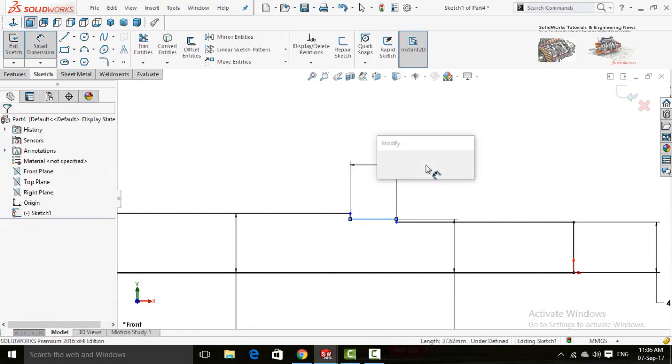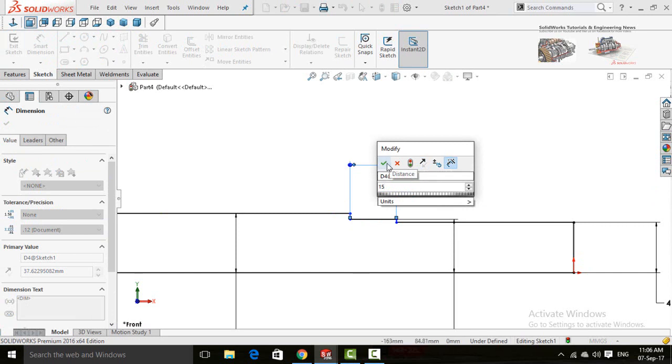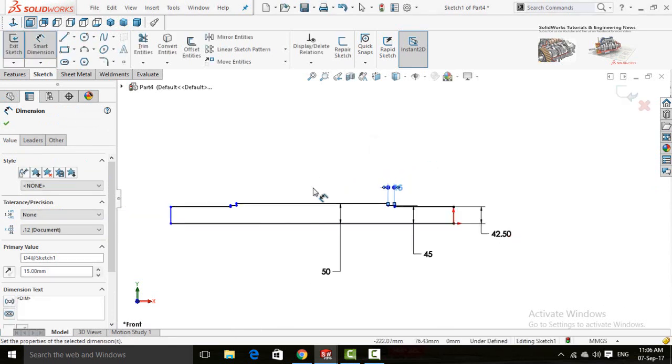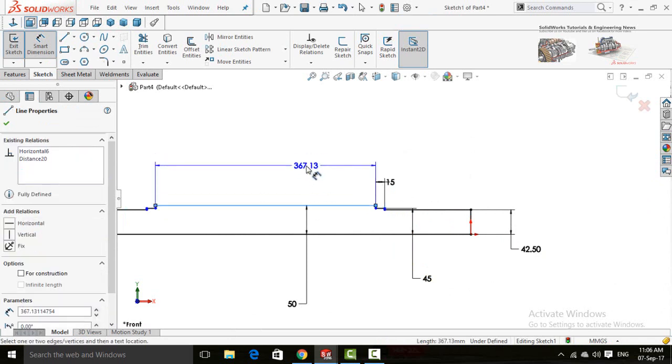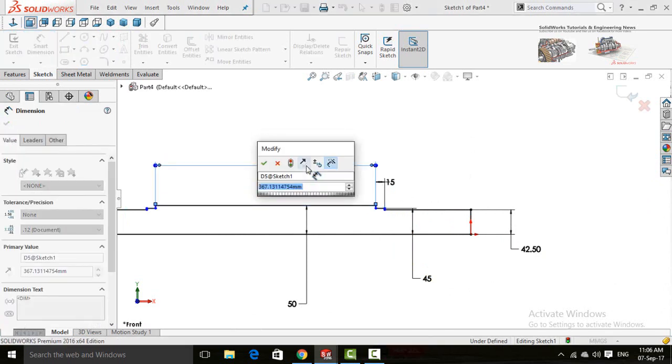So this distance was 15 millimeters, and this distance is 450 millimeters.